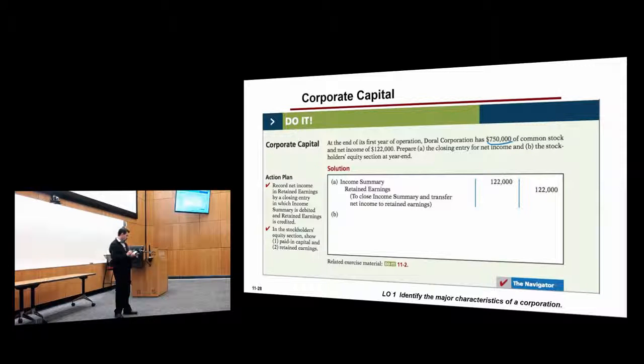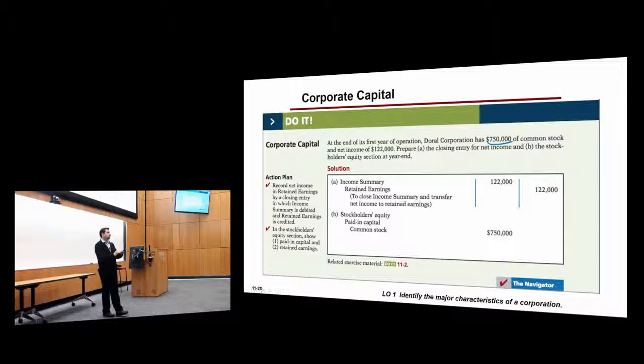Now, the second part of the problem is to prepare the stockholders' equity. Again, whenever you need to prepare the stockholders' equity section of the balance sheet, you have two components: paid-in capital and retained earnings. What kind of stock does the company have? They are telling us that they have common stock, right? They are not talking about any other type. So you have paid-in capital. Under that one, you would have common stock,